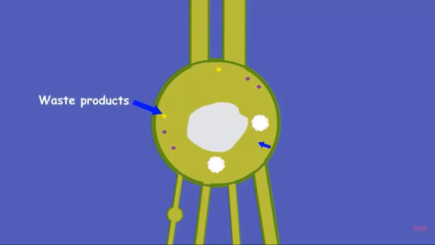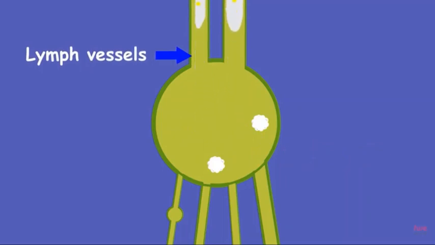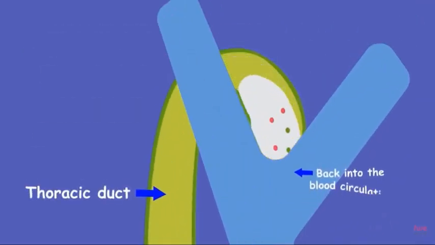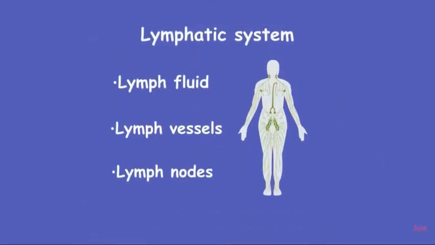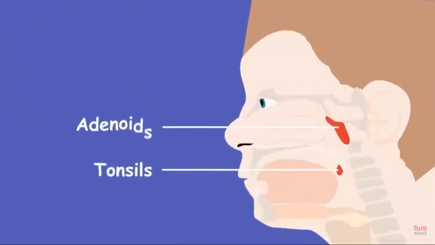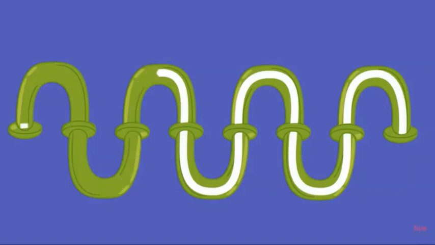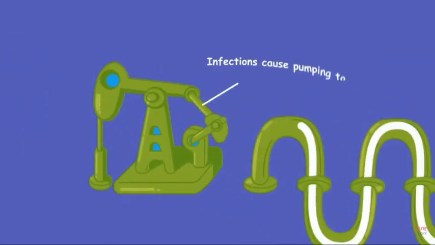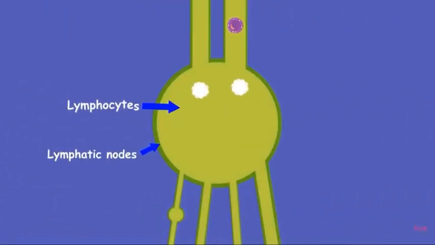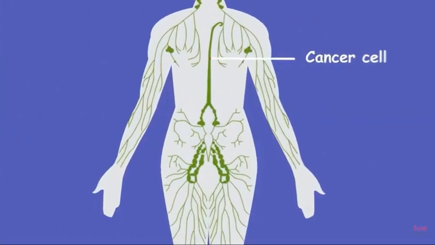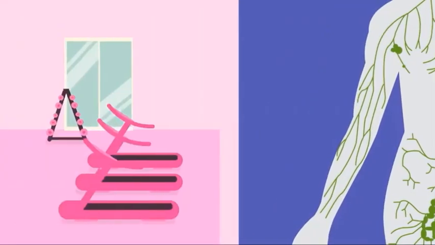The waste products and destroyed bacteria are then carried in the lymph fluid through larger lymph vessels up to your neck, where the thoracic duct empties the lymph back into the blood circulation. The bloodstream then removes the waste products from the body as it does with other waste. As well as the lymph fluid, our lymphatic system also includes a few organs: the spleen, thymus, tonsils, and adenoids. They all have roles in helping our body fight off infections. Unfortunately, like any sewer system, things can go horribly wrong. Sometimes we get infections that cause the pumping to break down. This can cause your arms or legs to swell to huge proportions. Sometimes the debris or other bad substances can make it past lymph nodes. Sometimes cancer cells do this and spread the cancer to other parts of the body, which obviously isn't good. For now,